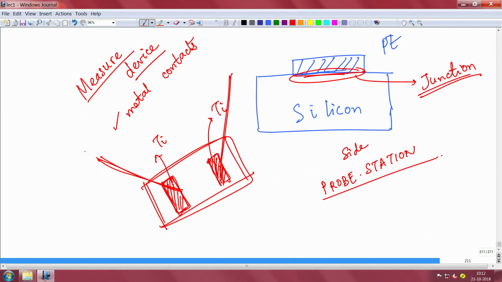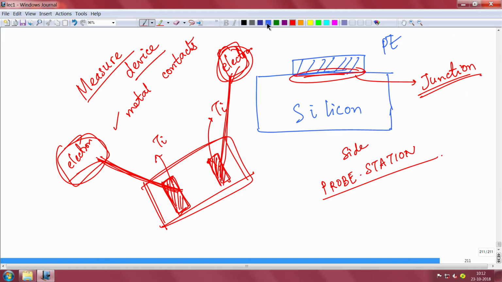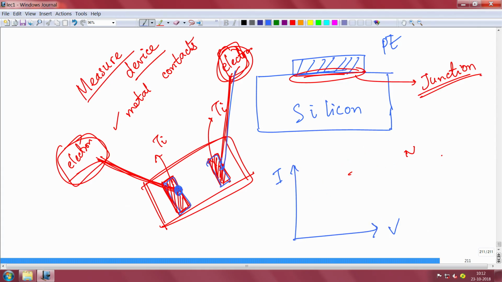These probe tips will be connected to some electronics and circuits to measure and apply voltage, apply current, and so on. There will be two probe tips connected to arms, and those arms are connected to the electronics and other circuits. So you have to put down the probe tips. These probe tips are very tiny; the diameter could be a few micron. When you put the probe tips down on these metal pads, only then do you measure IV. When I say you are measuring IV, for example, if you remember, in a silicon PN junction, we said in forward bias the IV looks something like that, and in reverse bias the IV looks like that, if you remember.